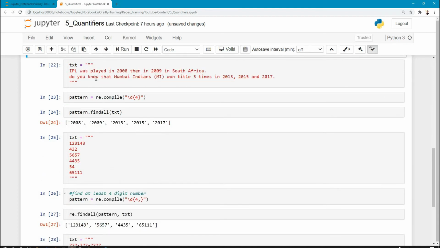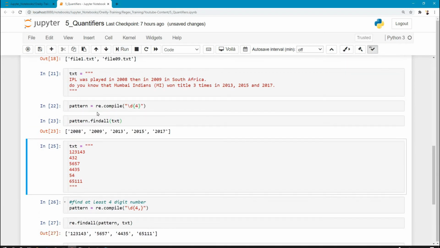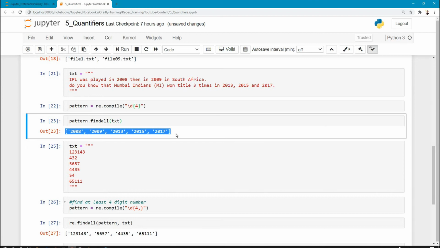Now let us look at the same example where I want to find, in this string, the digits which are exactly 4, which means these 3 will be returned, but number 3 will not be returned. So when I run this and do a find all, it will return me these digits.